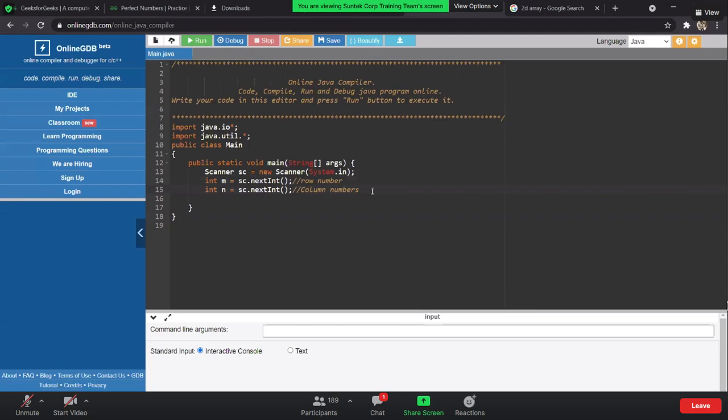Yes, we can do that. Right, we will check out your code as well. Okay, so now what I am going to do over here is I will create a matrix for it, right?